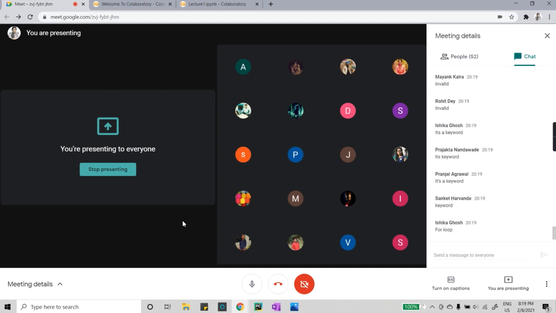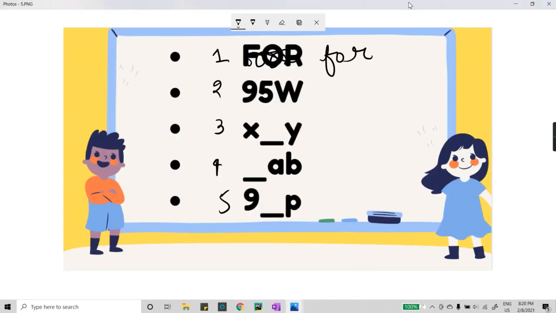Absolutely right. Ishika, you are absolutely right. Then followed by Prajakta, Pranjal, Shweta, Rohit, Akshita, Javeria, Riya, Mayank, Siddhi. Absolutely right, guys. You are doing a very good job. So this first one is an invalid identifier because for is a keyword, and we have a rule that we cannot use keywords while writing our identifiers.